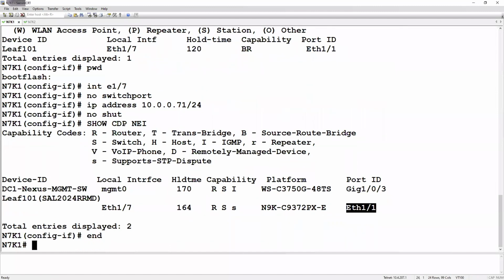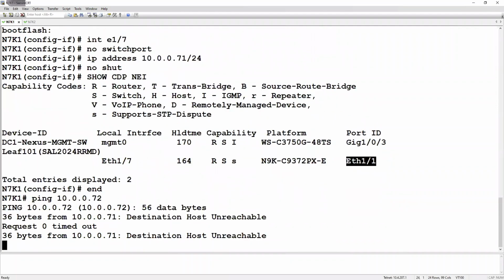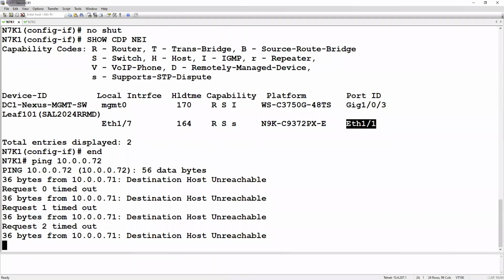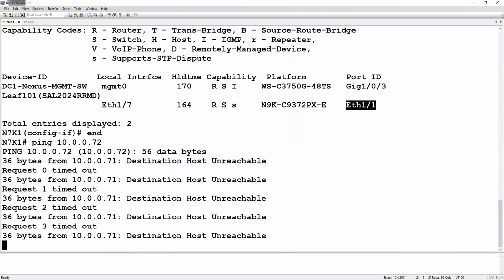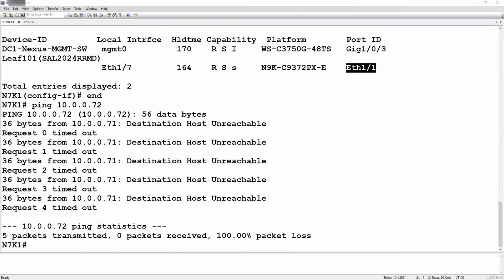Okay, and again, our goal here was that we're just trying to ping through the switch where we're trying to ping to 10.0.0.72. But as of yet, even with the interface policy applied, we're not yet able to send any traffic through to the other end of the link. Okay, so if we go back to our objects here,